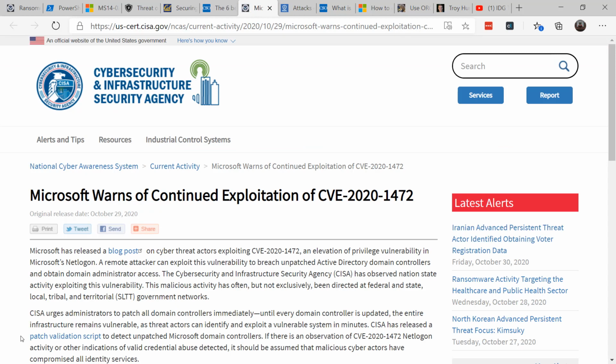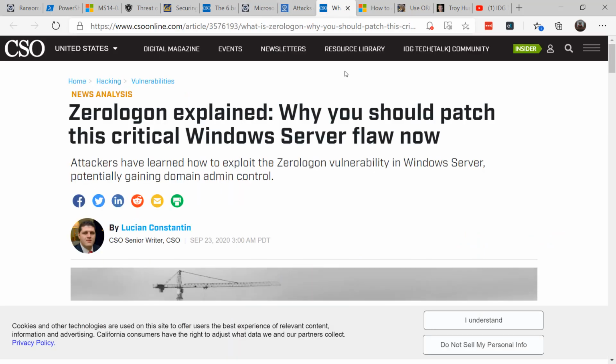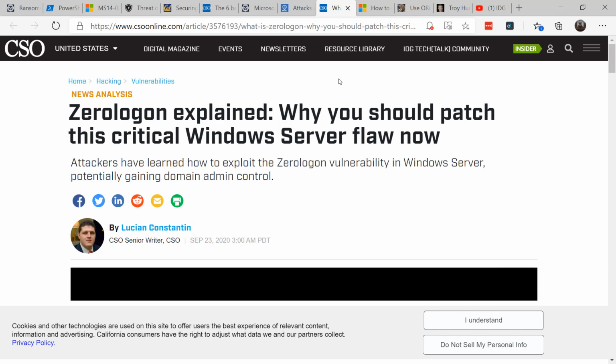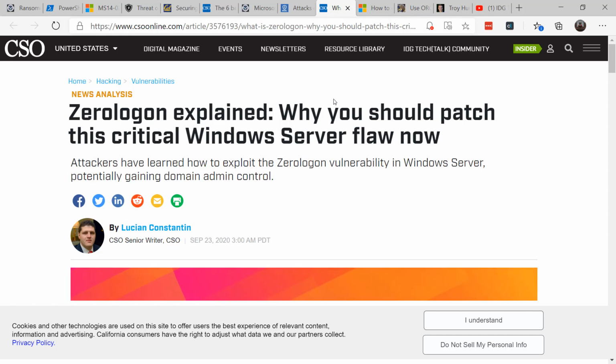Microsoft warned the other day that attackers are now using the NetLogon vulnerability called Zero Login. They recently indicated that attackers are now attempting to exploit this. CSO Online actually has resources that you can read on how to best protect yourself and what to do about this. So keep in mind, attackers know that we're still in the process of patching for this. You need to have the patch on your domain controllers. And if you don't, it leaves you exposed, and they can wiggle in and use that for more lateral movement.